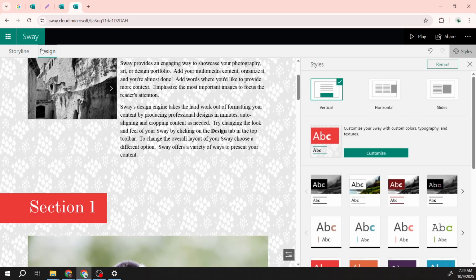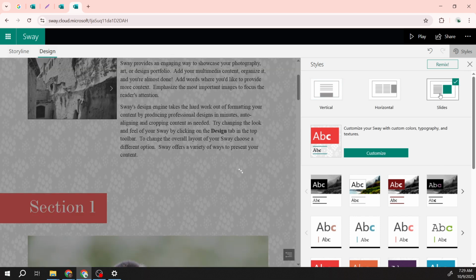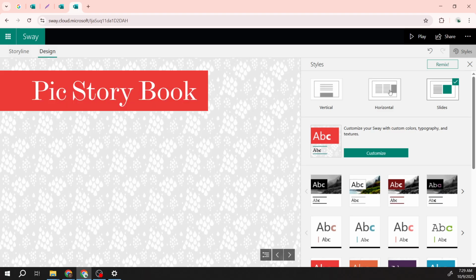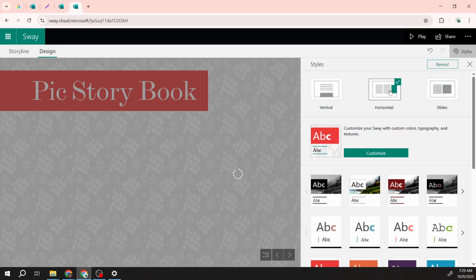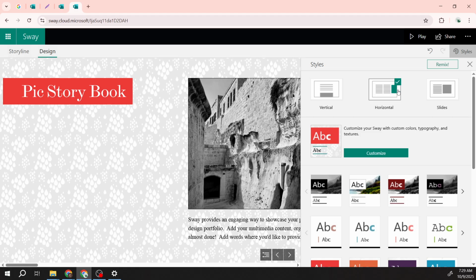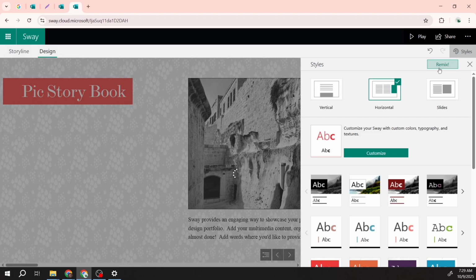And don't forget about styling. Click the Styles button to explore different layout options. You can decide if your story scrolls vertically, horizontally, or presents itself as a slideshow. For a bit of random fun, try clicking the Remix button. This will let Sway suggest a new theme for you, complete with unique color palettes and font styles. If you have a specific vision in mind, the Customize button will give you more control over colors and fonts